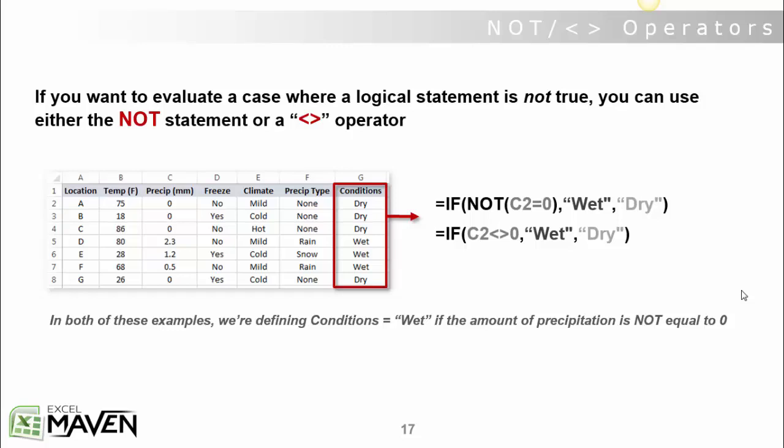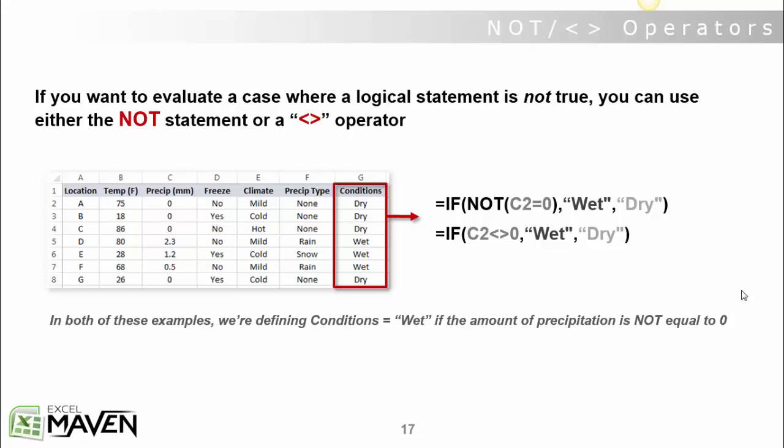And and or statements allow us to test whether conditions A and B are either both true or if one or the other is true. But what if we want to test if a condition is not true? In that case, we have a tool called the not statement, or using the not equal to operator as a